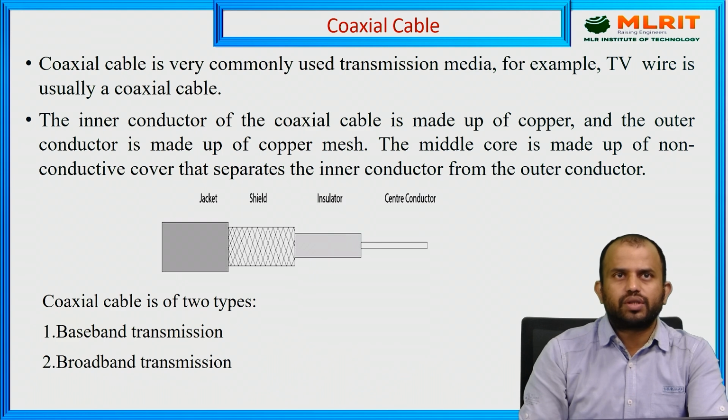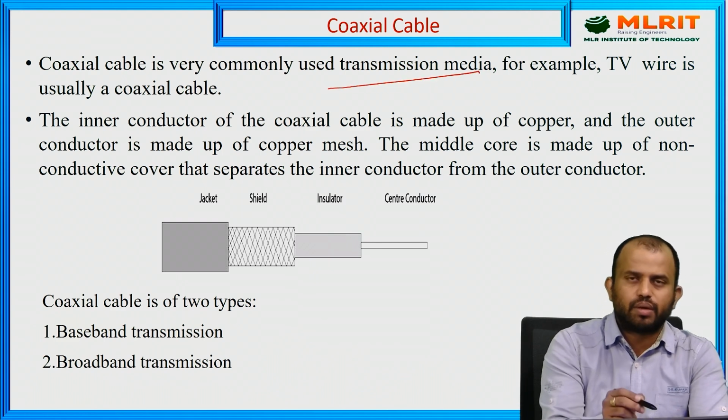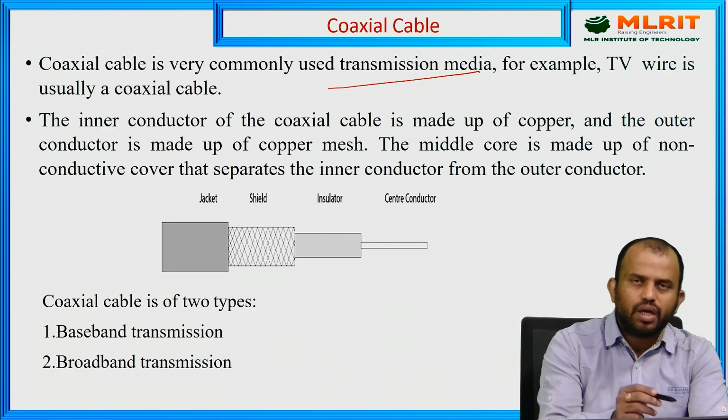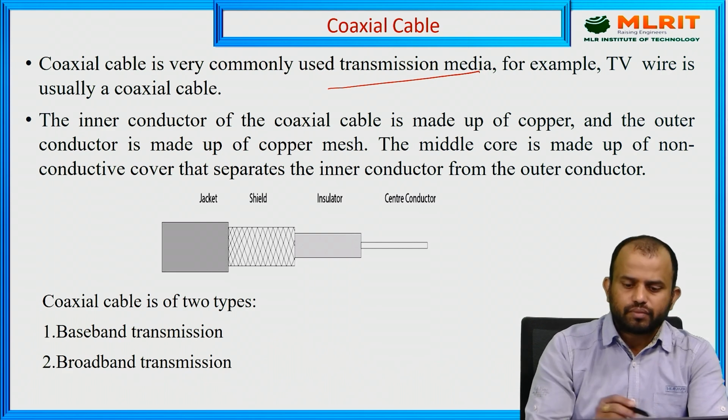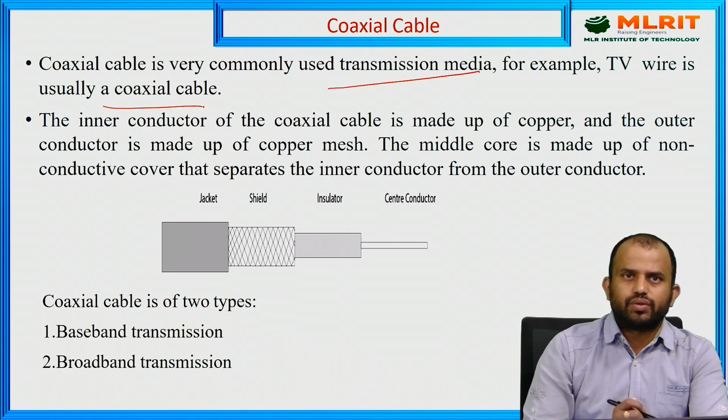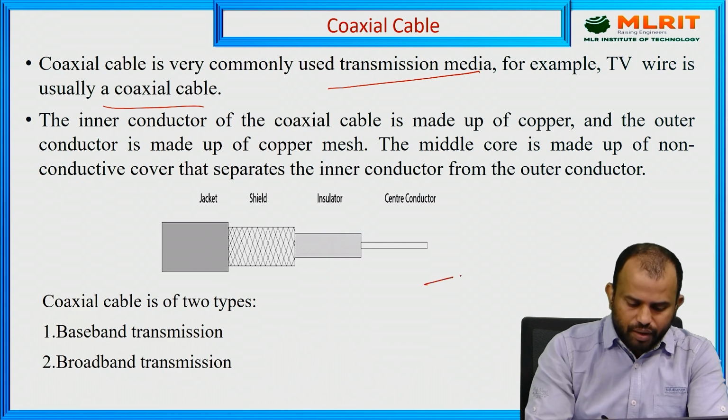The second one is coaxial cable. What is coaxial cable? Coaxial cable is very commonly used in transmission media. For example, in general communication and TV communication, we use coaxial cable, because this wire is usually a coaxial cable. Compared to the twisted pair cable, which has one copper wire with a plastic sheet on top of it,